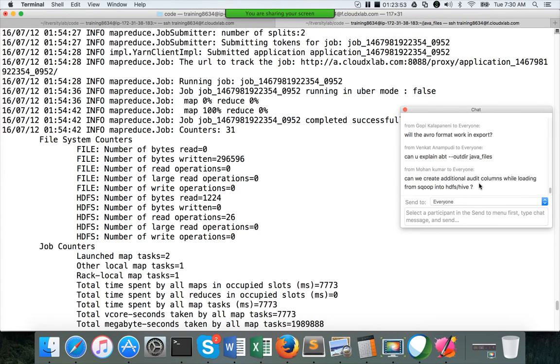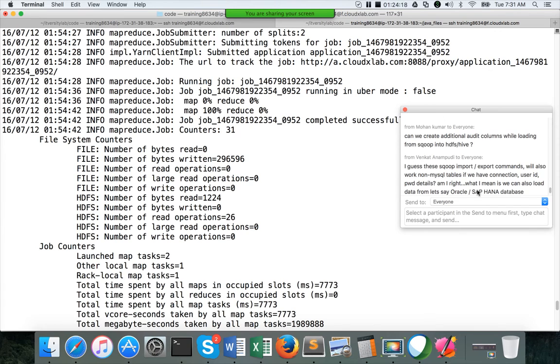Can we create additional audit columns while loading from Sqoop into HDFS or Hive? So using Sqoop, you cannot perform anything except for creating Hive tables or creating the directories. If you want to add audit columns, you have to hard code those values in the select clause itself.